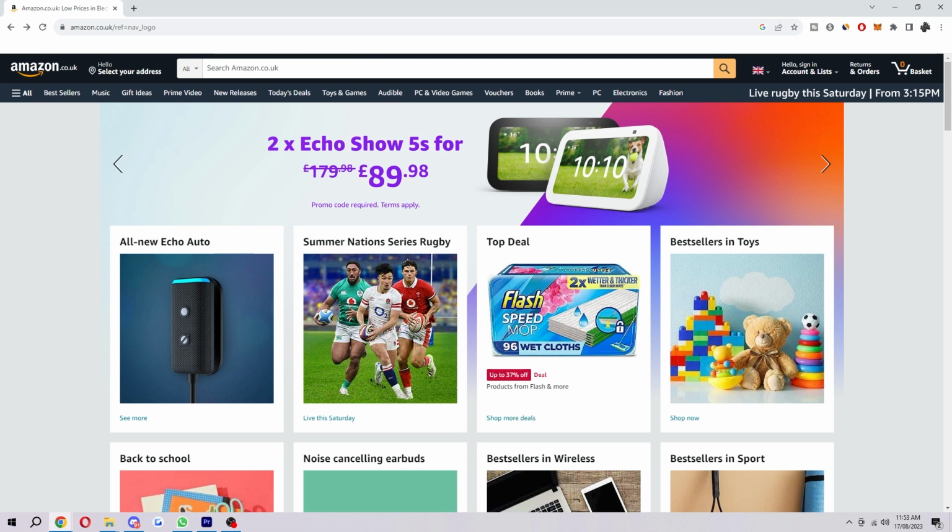Now, if that still doesn't work, you might want to check with your bank. If you have checked that your payment information is correct and you've got the right money, you might want to check with your bank to see if there is a problem with your card. Or instead of messaging your bank, you can also ask Amazon customer support, as they may be able to help you with this too. So what you'll want to do is go over to Amazon's website, click on the help